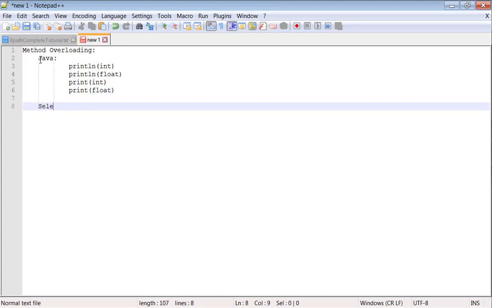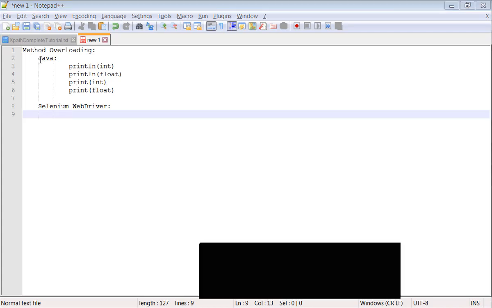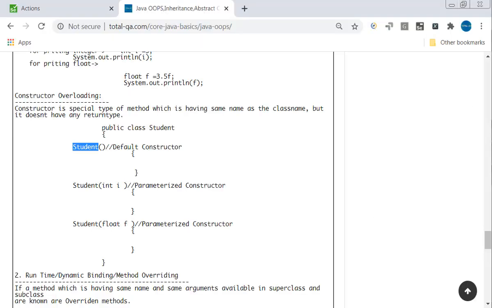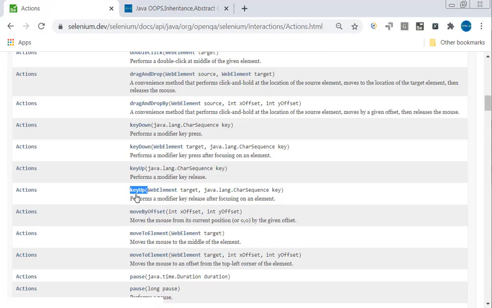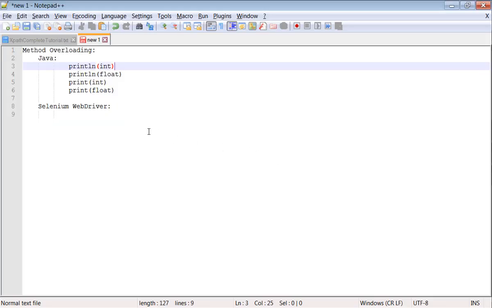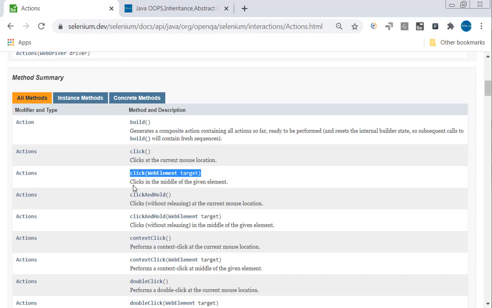When I talk about Selenium WebDriver, the example for method overloading is, let me go to the API. Yes, we have click web element. Let's try to copy this. Click web element, and we have click here.